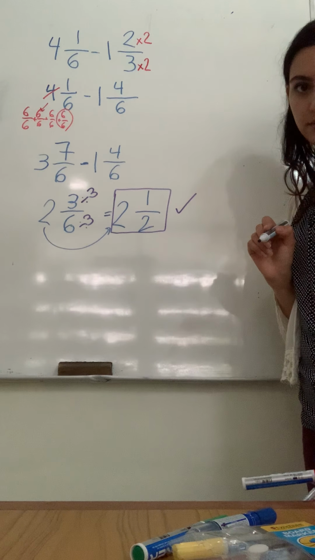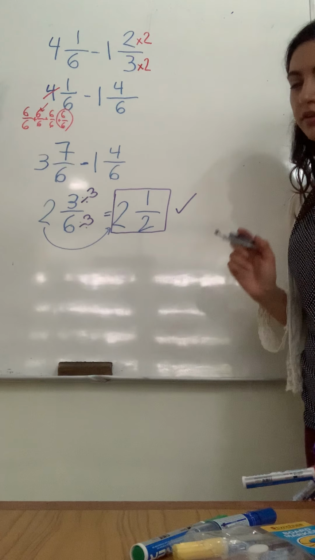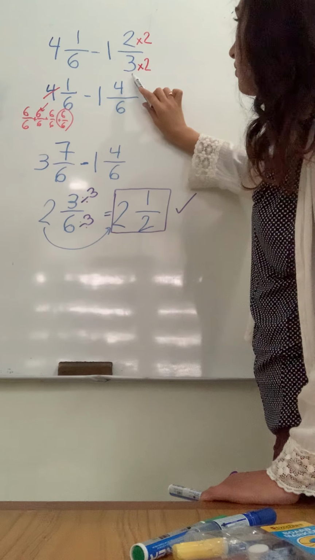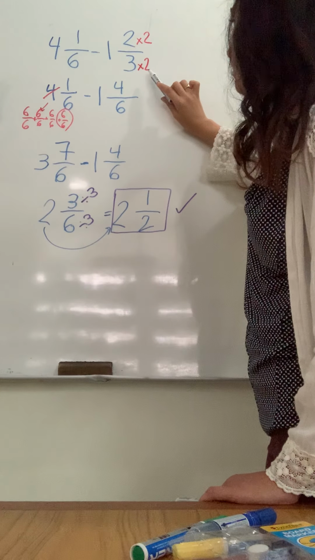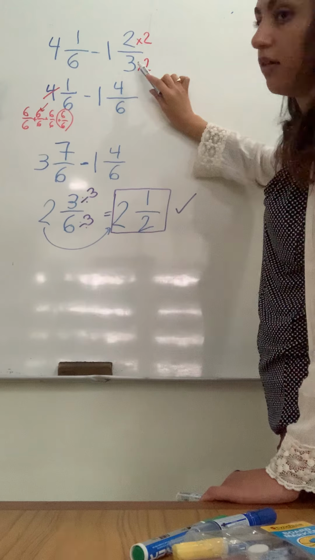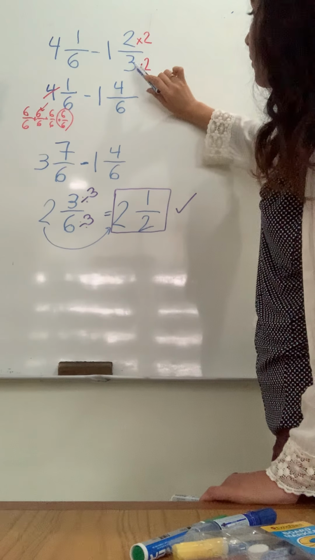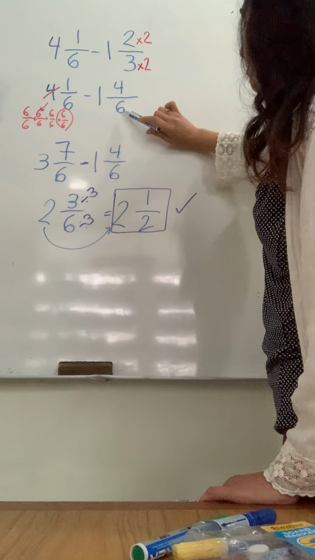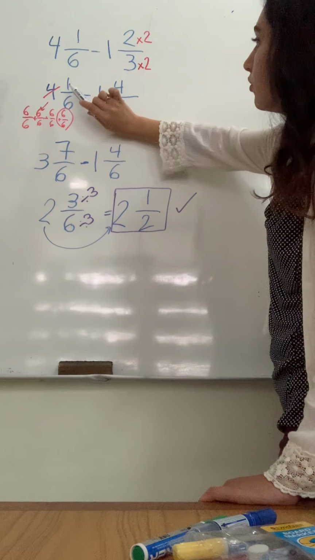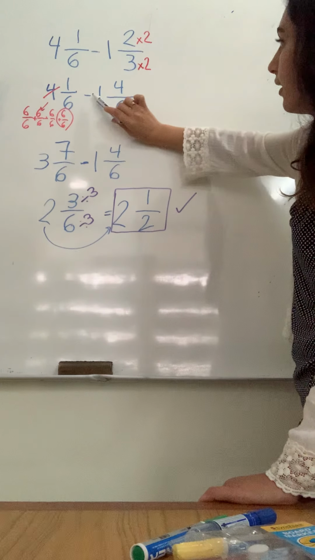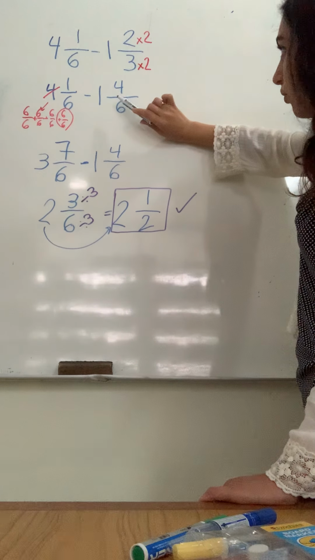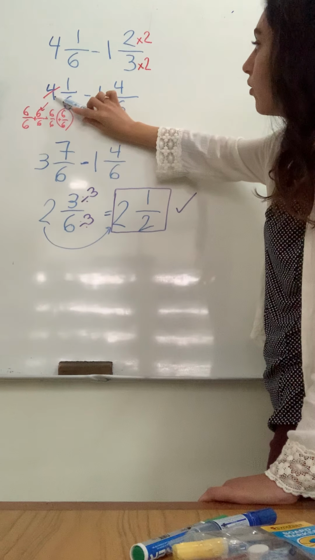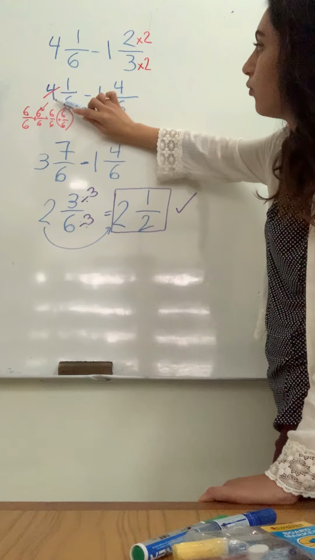That's it. So I'm going to review one more time. The first thing we checked the denominators. They are not the same. So I make the denominators the same by multiplying the bottom and top by 2 because I knew 3 times 2 gives me 6. So 6 and 6 checked. Then I'm going to subtract 1 minus 4. Is it possible? No, it's not possible. So I'm going to borrow. I have to borrow 1 from 4. Borrowing 1 from 4